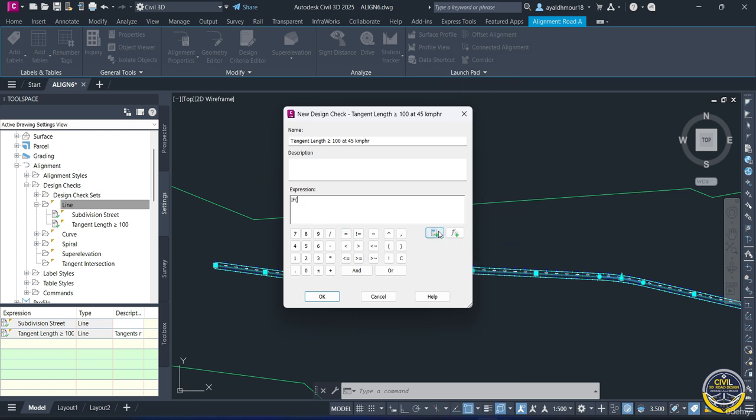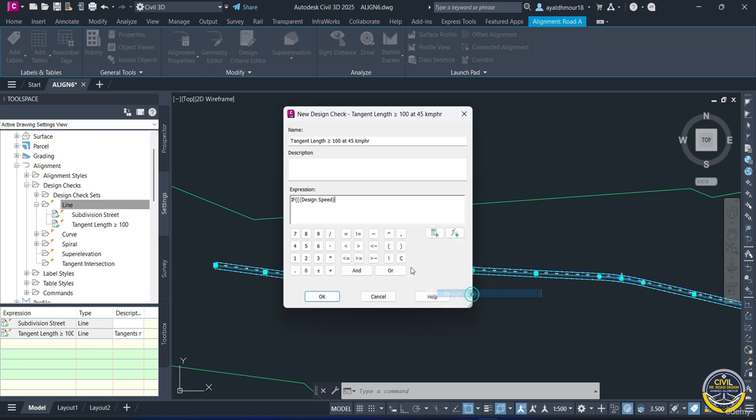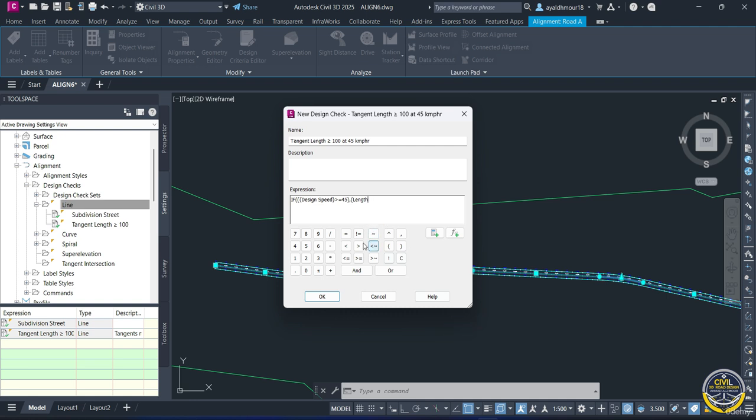After that, open parentheses, then choose design speed more than or equal 45 km per hour, then close the parentheses, then comma, open parentheses for length, tangent, choose length, then more than or equal 100 meter, close the parentheses,